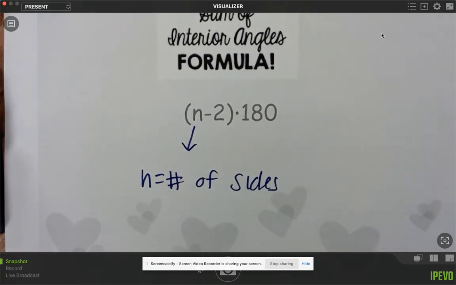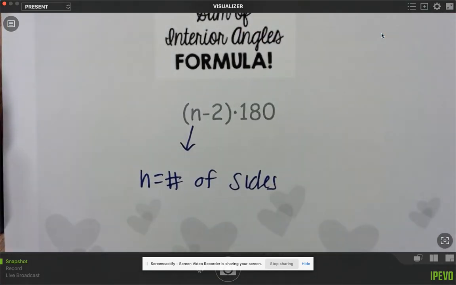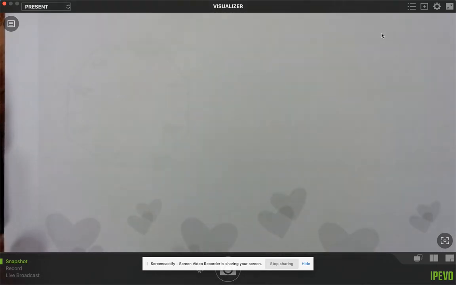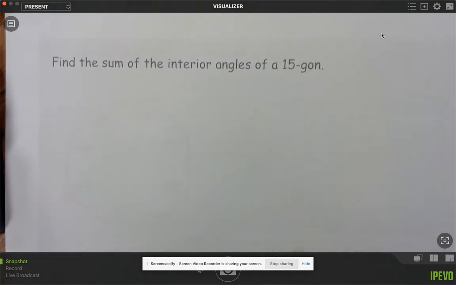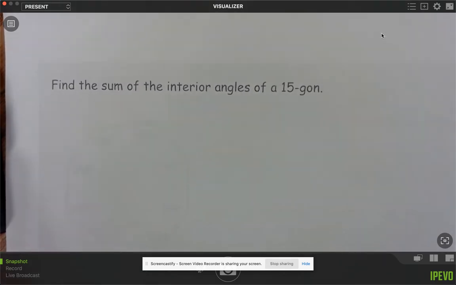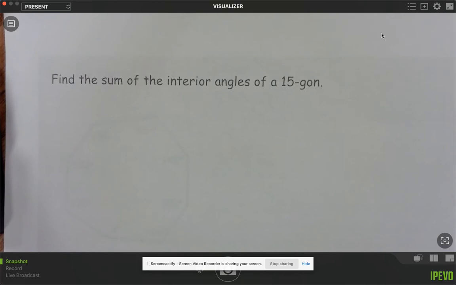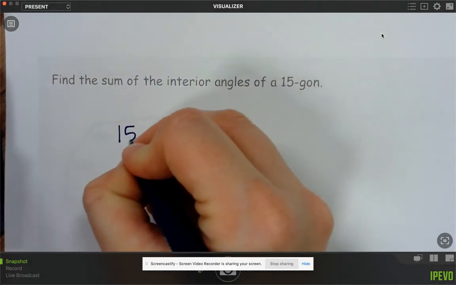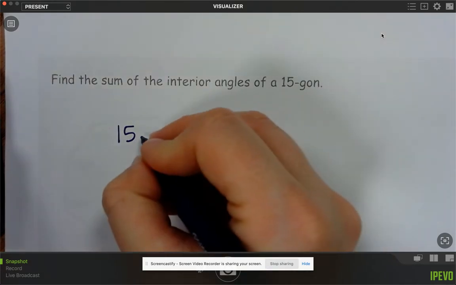So let's try a few examples using this idea of finding the sum of the interior angles of a polygon. Our first example says find the sum of the interior angles of a 15-gon. Don't overcomplicate it, kids. It's literally just calculator work. We have a 15-gon, so that means I have 15 sides minus 2